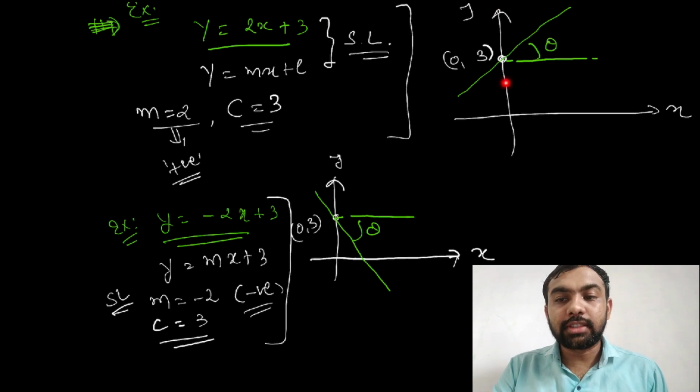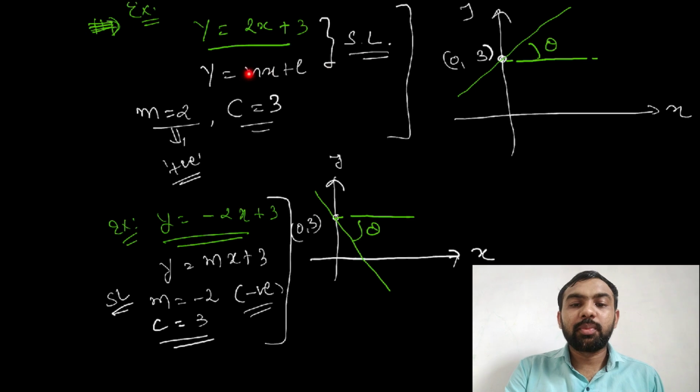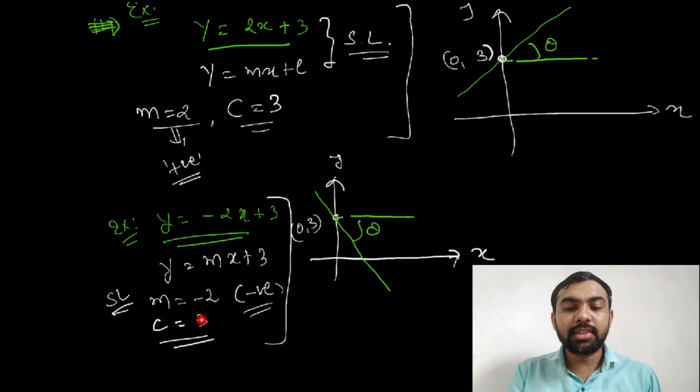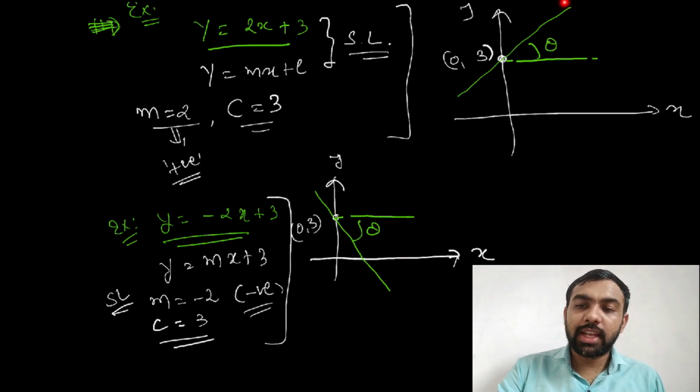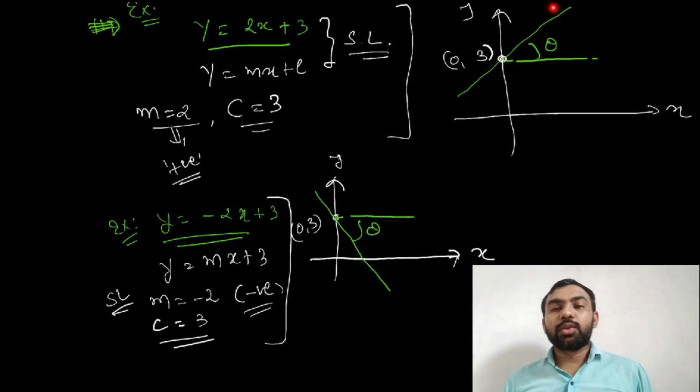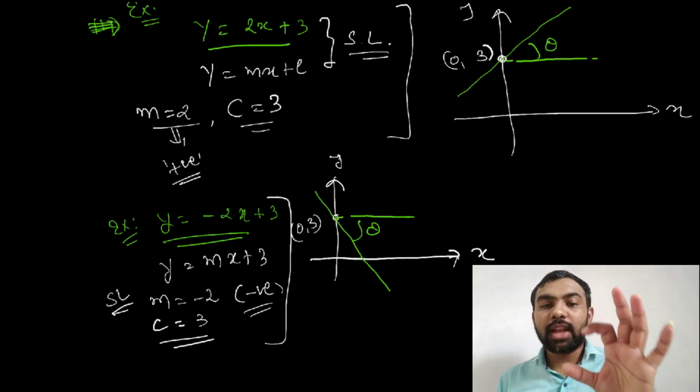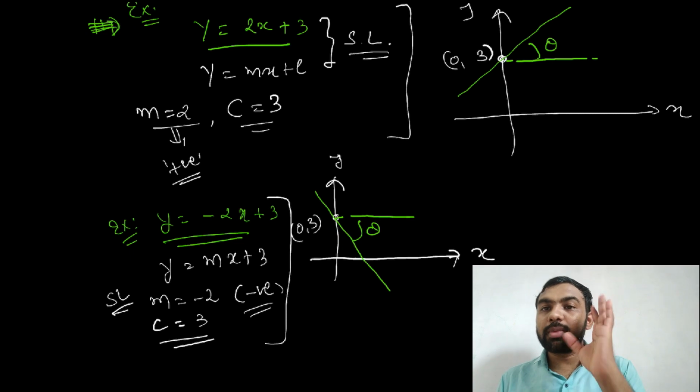Why? In the first case, m is positive. But in the second case, m is negative. If m is negative, see the red marks. M is negative, then the slope is downward. So whenever you draw this, downward like this. Okay, and here the slope is upward like this. See. Okay, so whenever this case is given to you, you must write the answer in this way. You must remember this quite helpful concept.